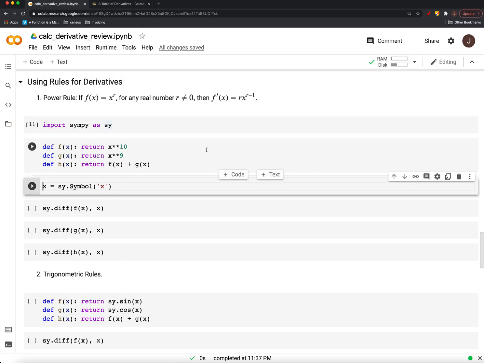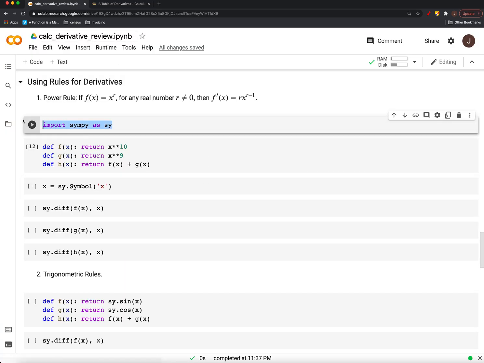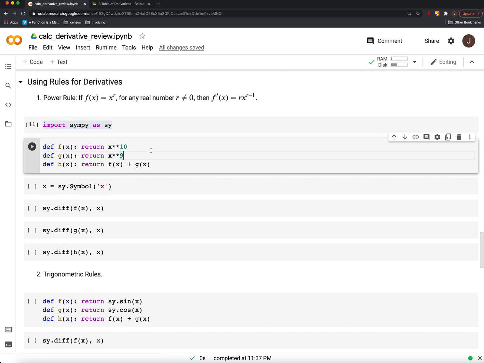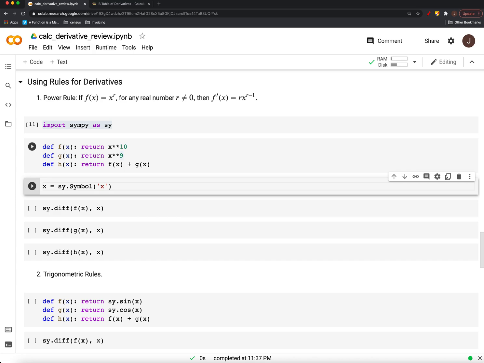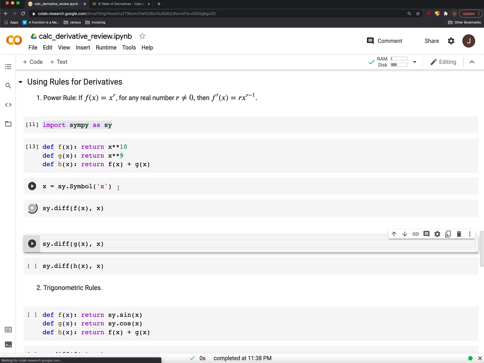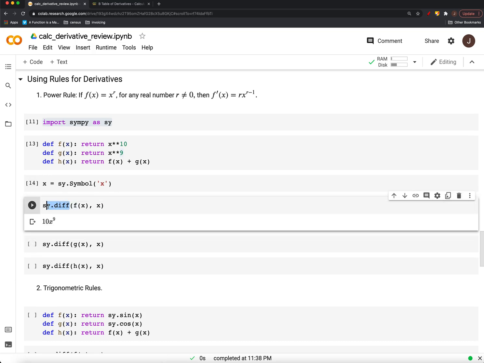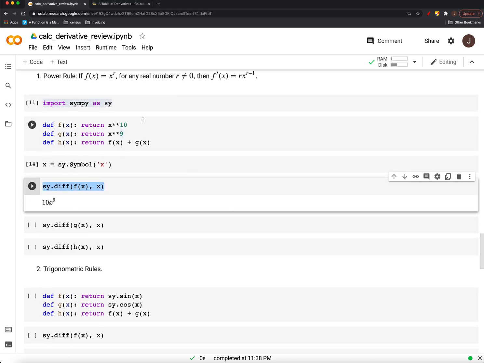But here I'm just going to use the symbolic computing library of Python, SymPy, define our functions, and then we can find the derivative using the computer. So instead of x being a domain of values here, x is just a symbol. And I can take the derivative of f with this diff function, taking the derivative of f of x with respect to x. Plug that symbol in, take the derivative with respect to that symbol, and